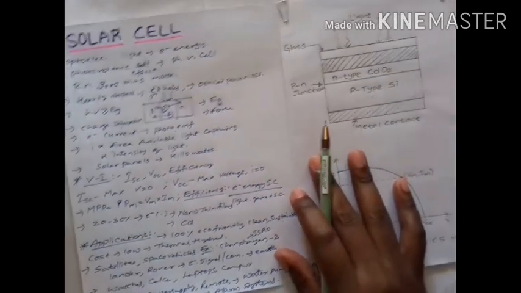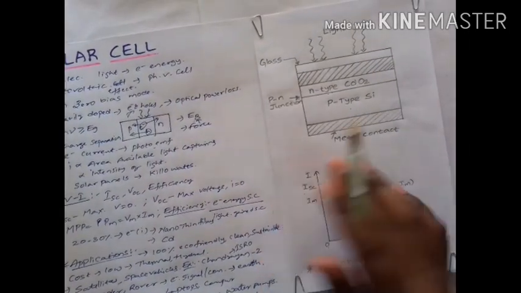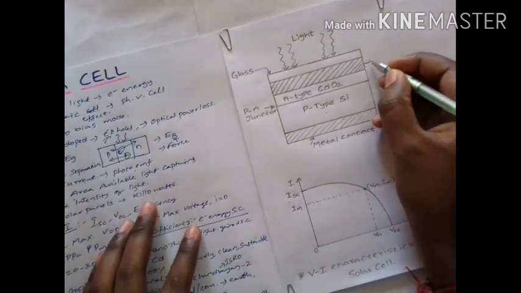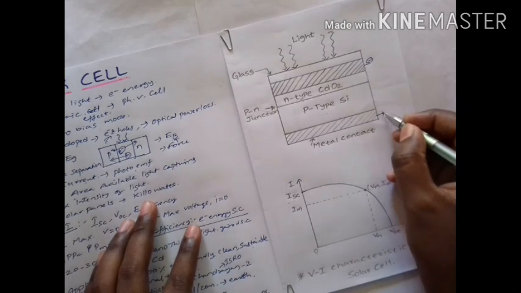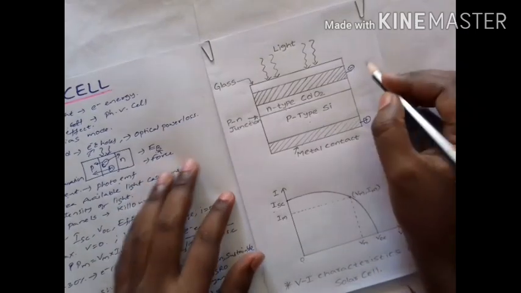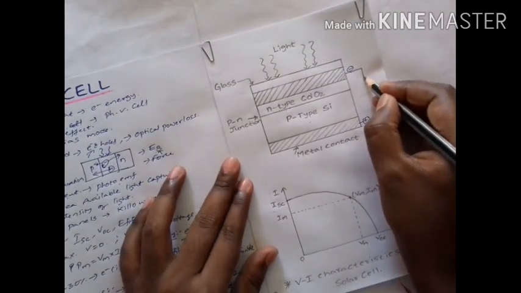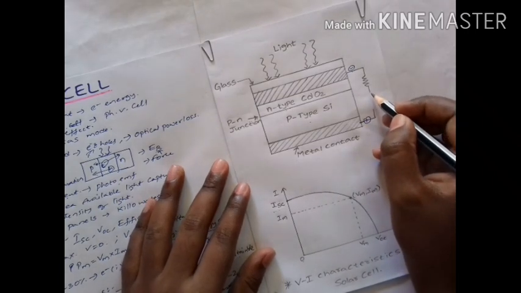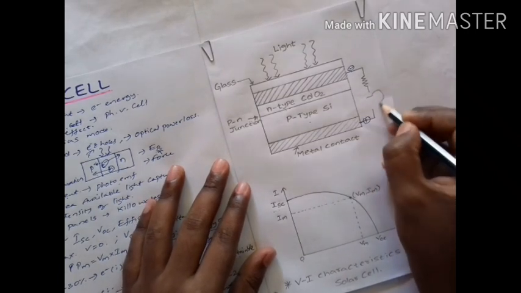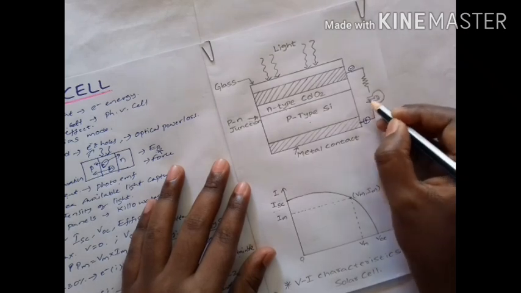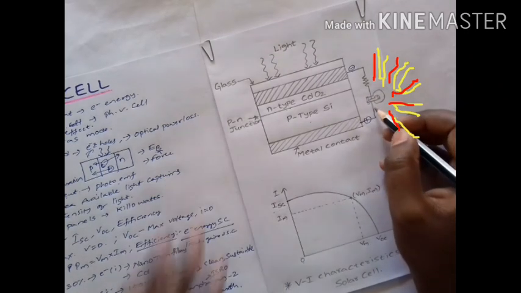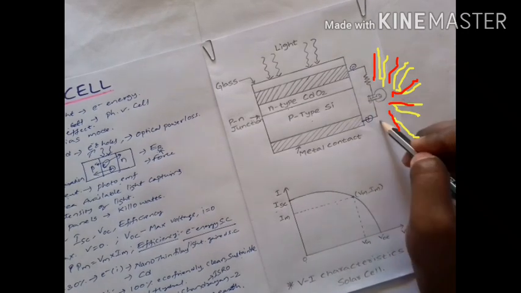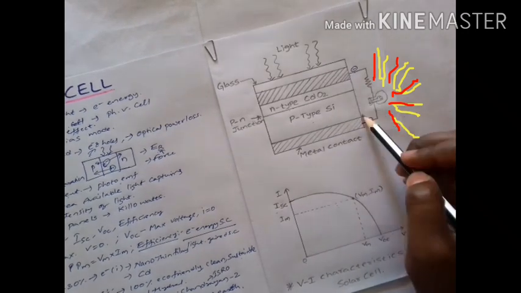Due to accumulation of charge carriers on the metal plates, that is top and bottom, the top face will become negatively charged and the bottom face will become positively charged. And if these two metal plates are connected through an external circuit using a resistor, let us consider I am connecting these two wires to an electrical bulb, then this bulb will glow because of the flow of charge carriers from these two terminals.